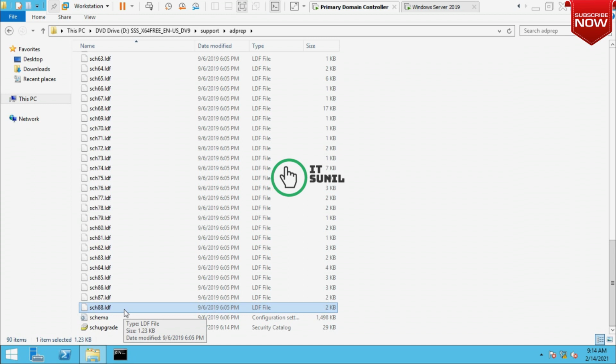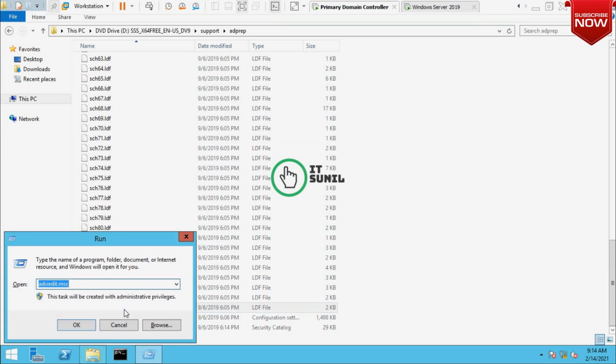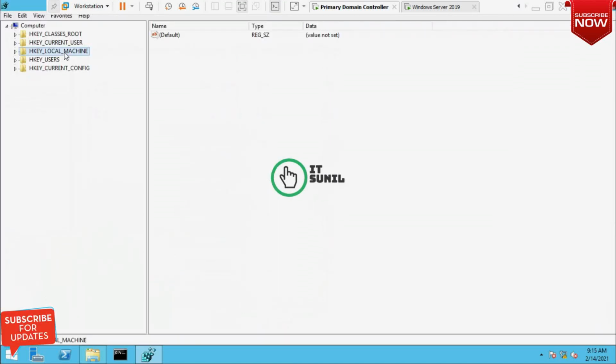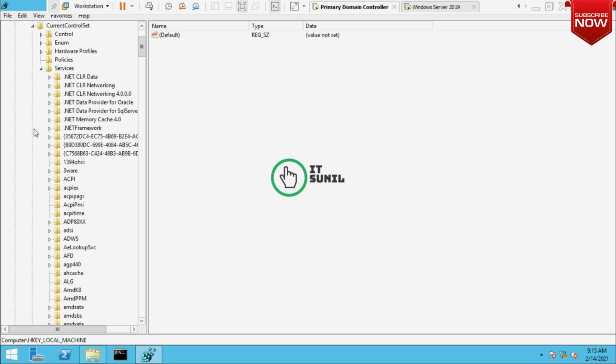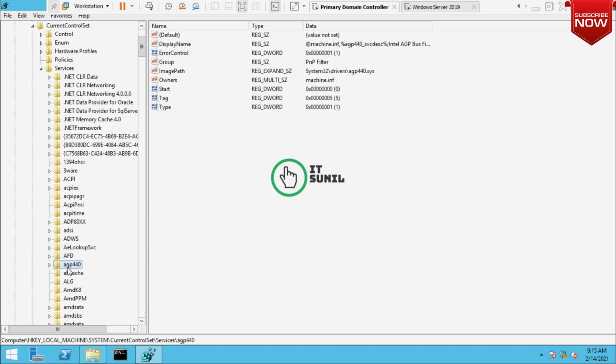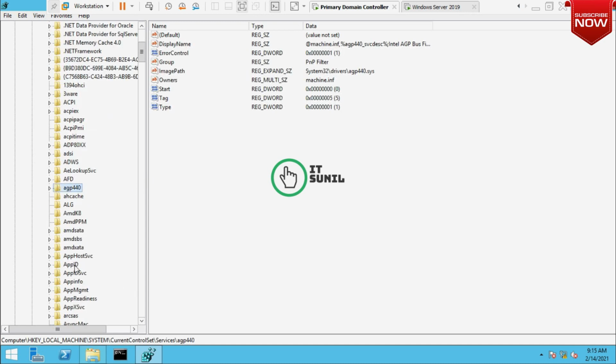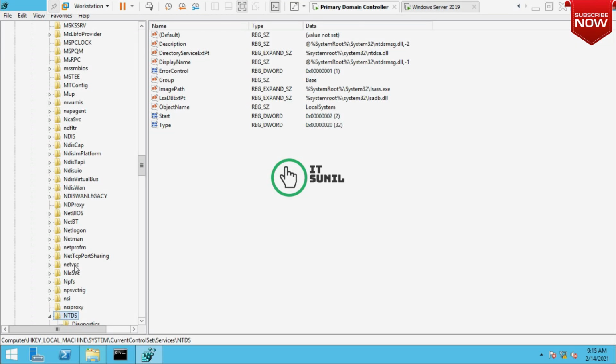Let's open regedit, the registry, and check what the schema version is in Windows Server 2012. Go to HKEY_LOCAL_MACHINE, System, expand CurrentControlSet, and here is NTDS.